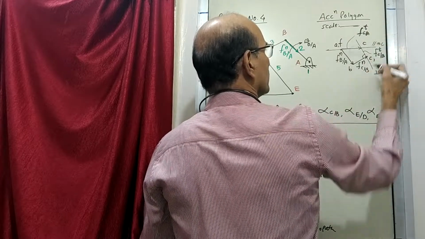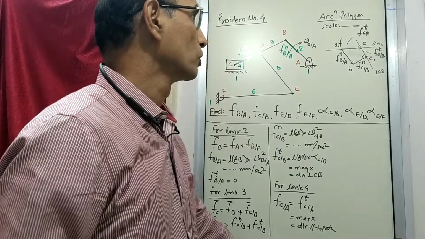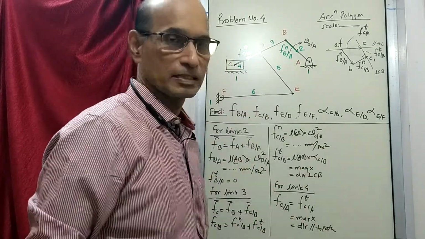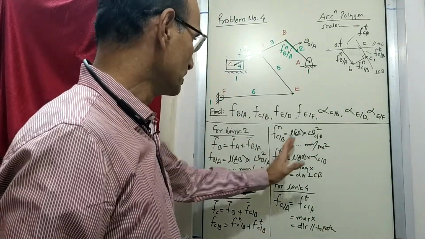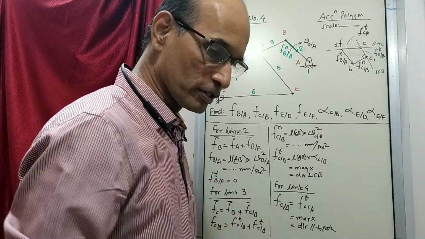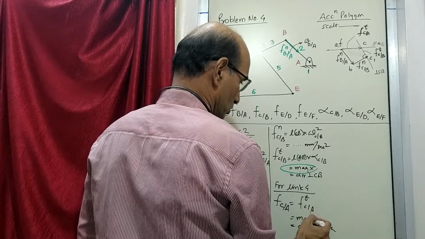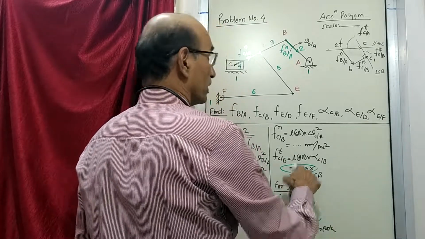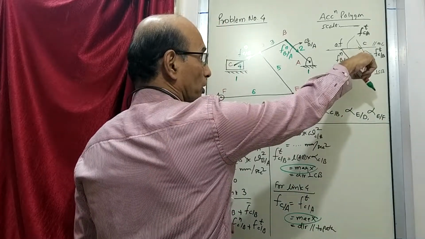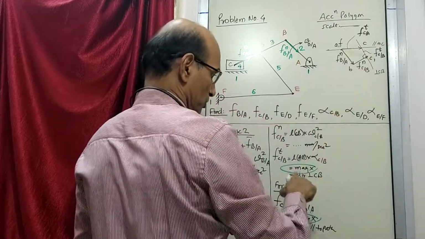Points. So we have got point C like this. And as a result, we can now get these two values which are not known. These values which are not known can now be obtained from the polygon. One is here and one is here, so you can equate here.